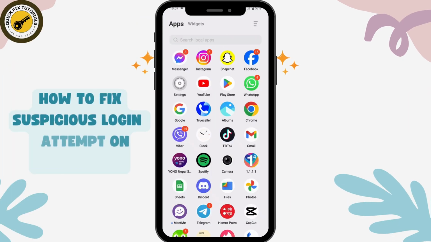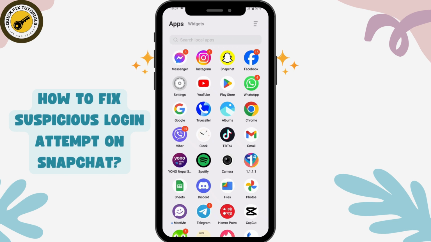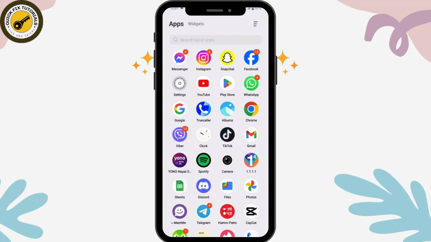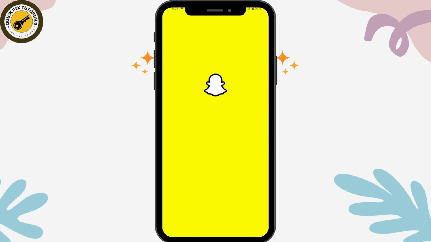How to fix suspicious login attempt on Snapchat. So if you want to fix suspicious login attempt on Snapchat, then first you need to open up your Snapchat